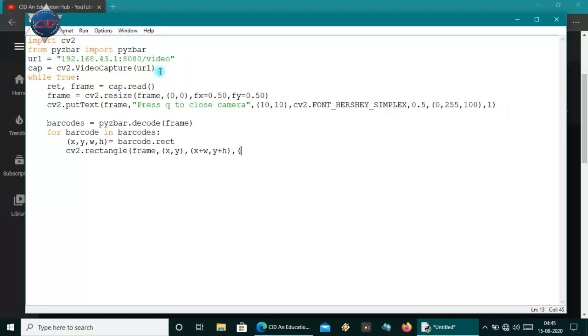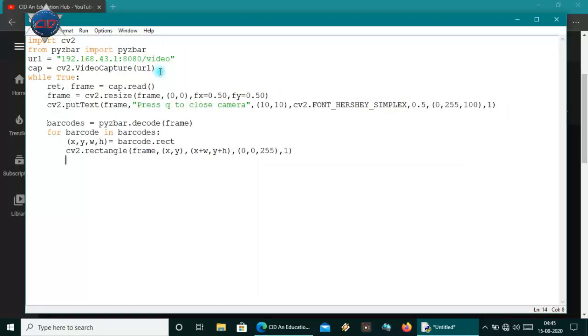I want it red, so I will pass 0, 0, 255. That will be the red color. All the barcodes scanned by pyzbar have two things: first the barcode data and also the barcode type. There may be types like 1 to 8 or anything, so all the types will be shown with that barcode data.